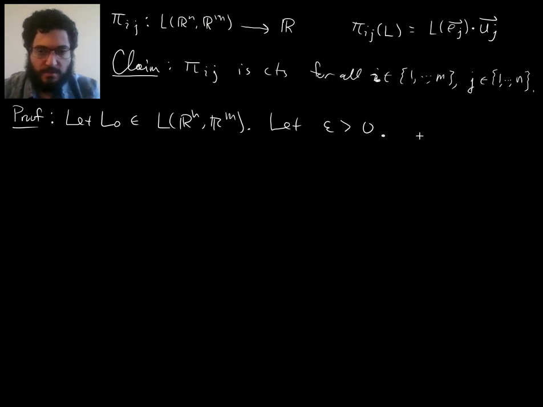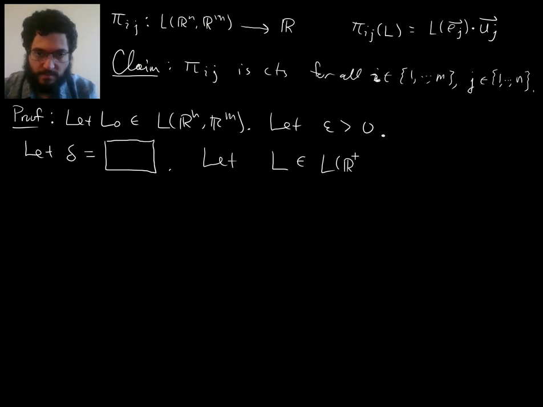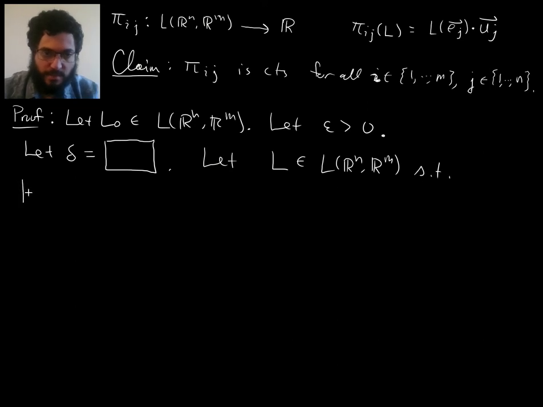And then our goal is to find a delta. So let me leave this kind of a blank here and see what delta is needed. So our goal is to find a delta that works. Maybe I'll just put a box. And works means this is what delta has to do. So if I fix L, a linear map, such that the distance, using the metric on the space of linear maps, from L0 is less than delta,